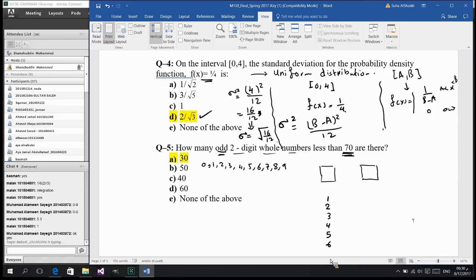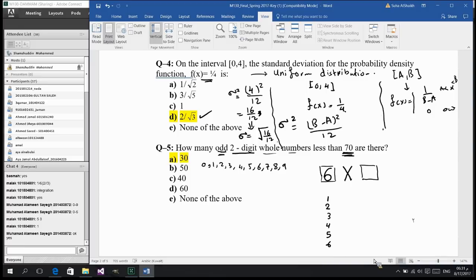I cannot choose the 0, because if I put a 0, it's not a 2-digit number anymore. I cannot choose 7 or 8 or 9 because it's going to be more than 70. So all the options that I have are 1, 2, 3, 4, 5, 6, and that's it. How many of them do I have? 6 options here. So 6 options for the first place, multiplied with how many options I have for the place